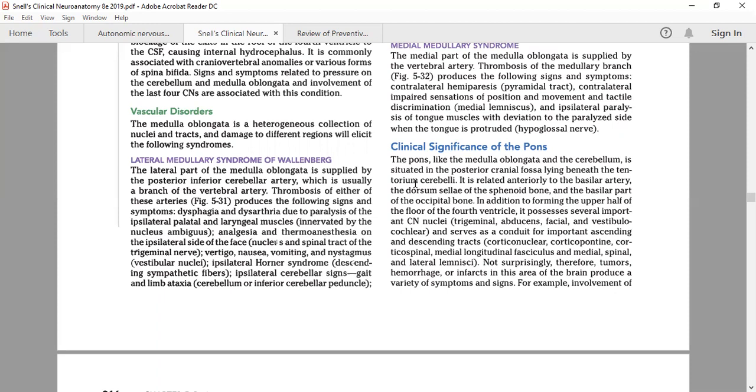important cranial nerve nuclei: trigeminal, abducent, facial, vestibulocochlear, and serves as a conduit for important ascending and descending tracts like corticonuclear, corticopontine, corticospinal, medial longitudinal fasciculus, medial and spinal lemniscus. Not surprisingly, therefore, tumors, hemorrhage, or infarcts in this area of the brain produce a variety of